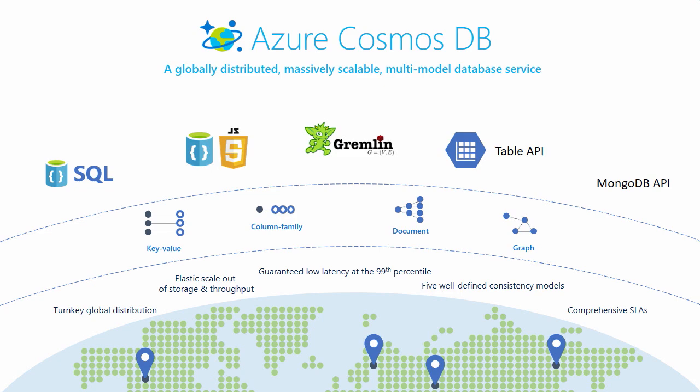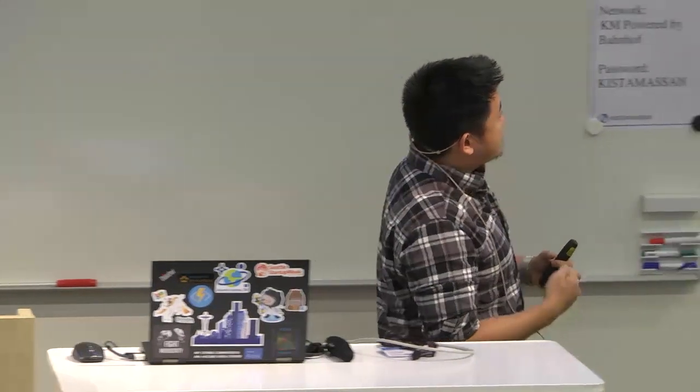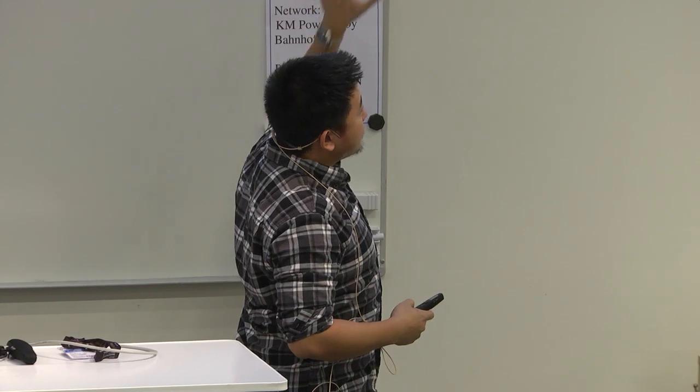But in a nutshell, what is Azure Cosmos DB? Just for a very quick summary for those of you who haven't seen it, it's a globally distributed, massively scalable, multi-model database service. The way I like to think about this is we start with the core underlying platform, where we build a massively distributed system. What it offers is turnkey global distribution, elastic scale of storage and throughput, guaranteed low latency, a tunable consistency model, and it's fully managed with comprehensive SLAs where we actually guarantee characteristics around high availability, throughput, latency, and